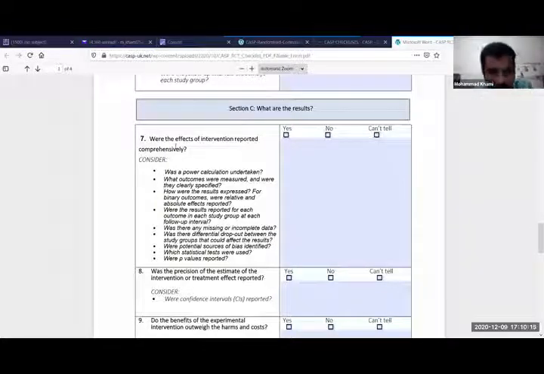Okay. Was there any missing or incomplete data? Was there differential dropout between the study groups that could affect the results? And were potential sources of bias identified, as it was discussed in the previous presentation? Which statistical tests were used and were p-values reported or not? So this is the